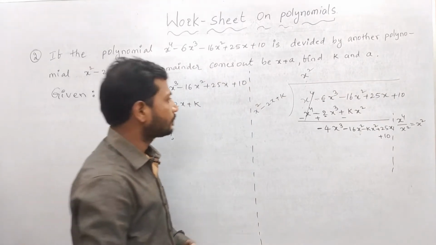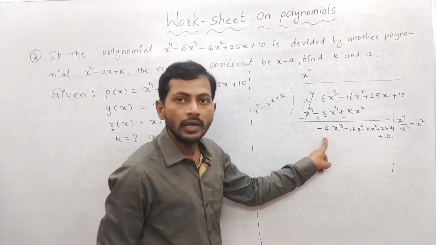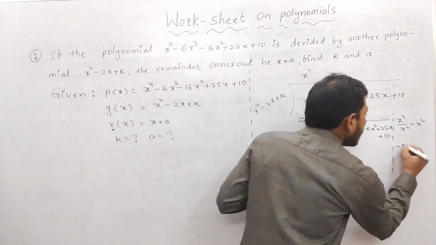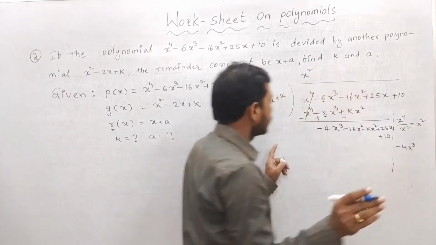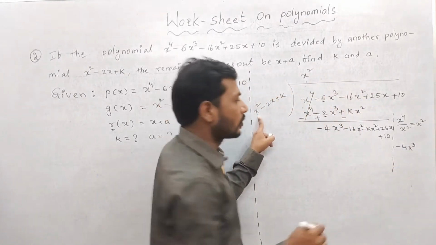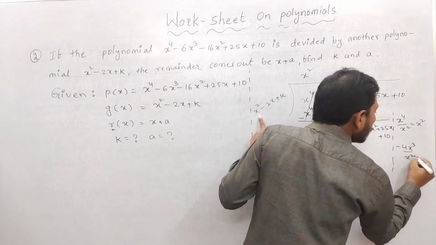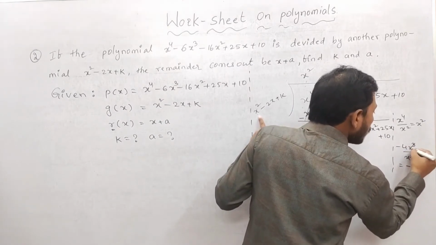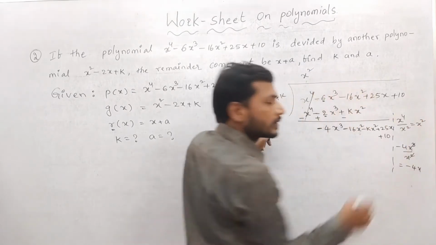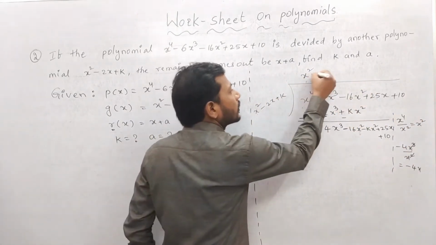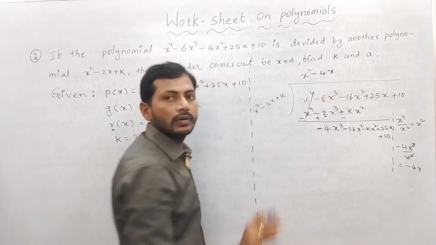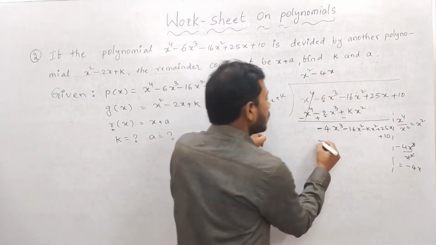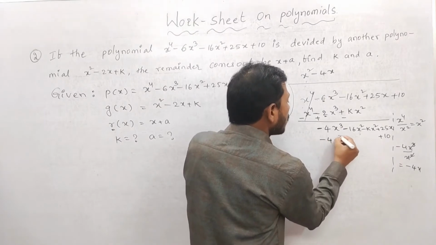Second one is, next how much do you require? Minus 4x power 3, sir. I am going to take minus 4x power 3. Then how much do you have here? x square by x square, then how much will you get? Sir, x square cancels, 1x is there. Minus 4x, then simply write here 4x. No need to think much more. Clear? Then x square into minus 4x, I got minus 4x power 3.